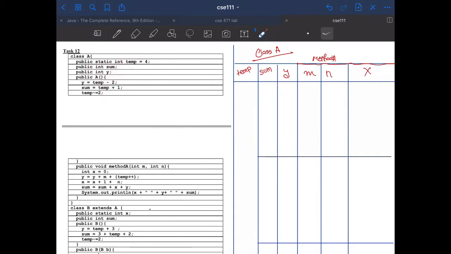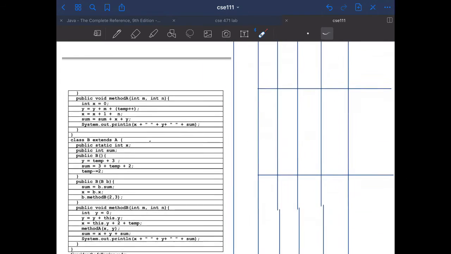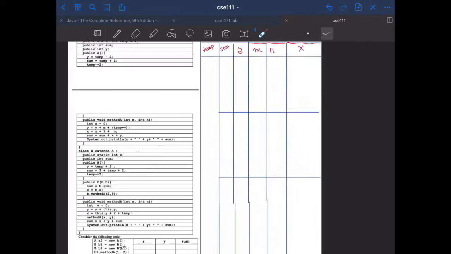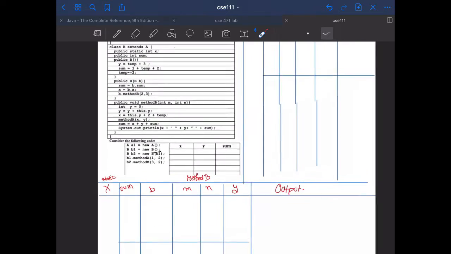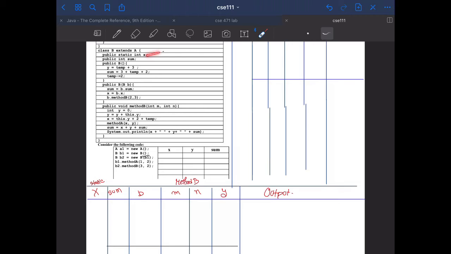Class A has three variables, which we have written down here: temp, sum, and y, and this is the constructor for it. It has a method called method A, and it takes two parameters m and n, so m and n are here, and a variable called x equals 0, so x we already have here. And in class B, the child class, we have a static variable x, which we have written down, sum,